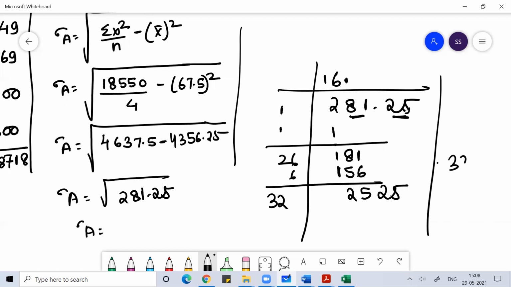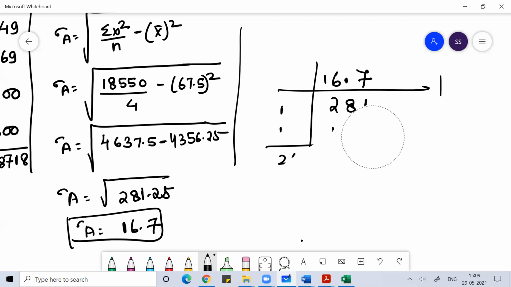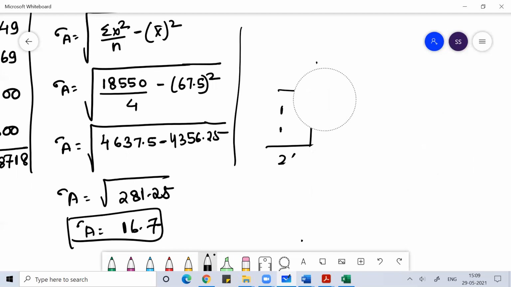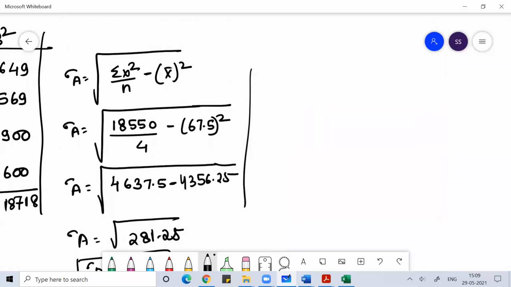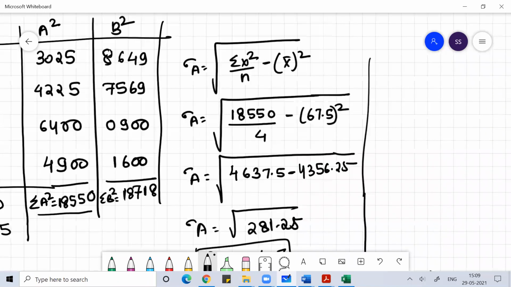So 3 3 27 7 49 4 carry 7 2s are 14, 14 plus 4 18, 1 carry 2 2 8 9. So 16.7 something. So your square root will be 16.7. This is the standard deviation of A. You'll get 16.7. So once you find the standard deviation of A as 16.7, you can find the